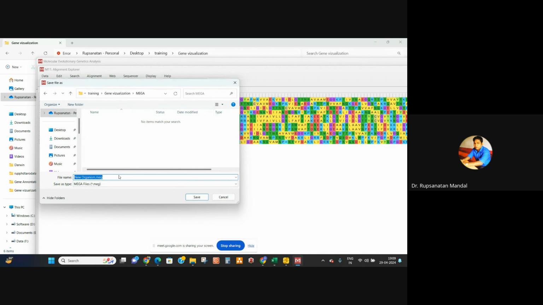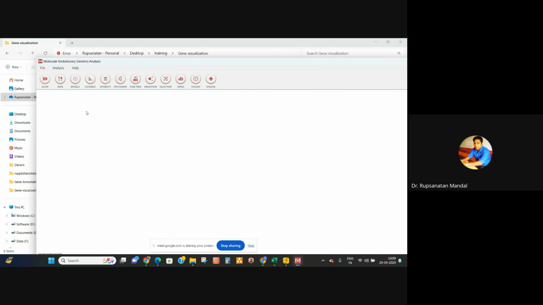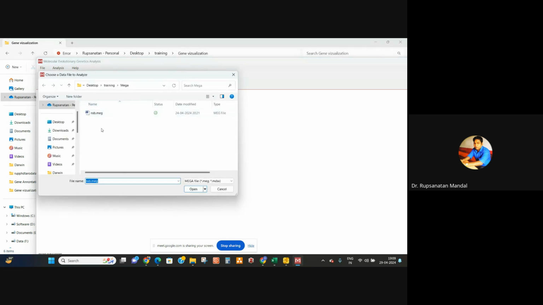we name this HSP70. So HSP70. Okay, so it will save. Now you can close this file. Now we need one phylogenetic tree. So construct the phylogenetic tree. So choose your